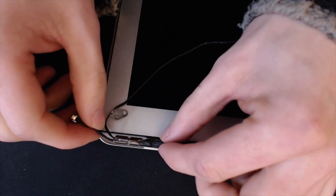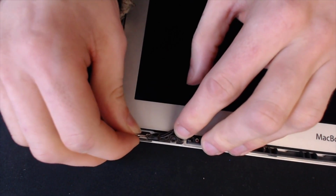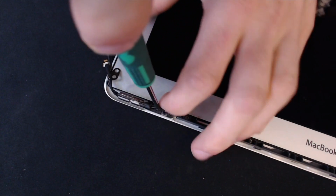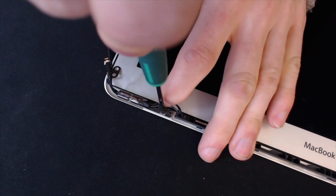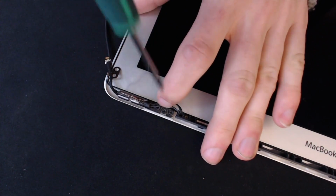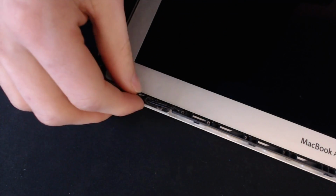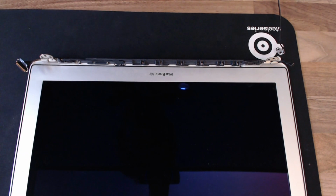So again, I'm just going to pull these wires through slightly just to push them out of the way. This one feels fairly solid, but I'm just going to tweak the screws anyway, just for good measure. Just because it's such a pain in the backside to get to these screws, you may as well just tighten them a little bit further while you're there. Okay, that's done. So now we'll put this cover back on again,